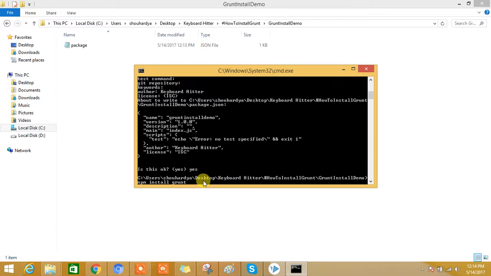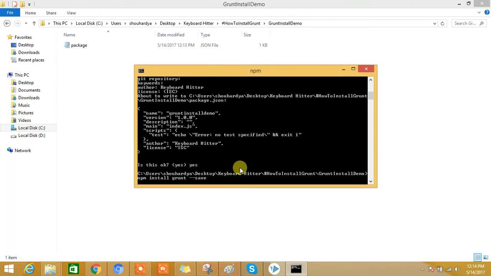This npm install command will take a look into the package.json file and whatever dependencies are listed there, it will install all these modules one by one. So we want this Grunt module to be listed in that package.json file. We'll do this with the --save flag and hit the enter button.